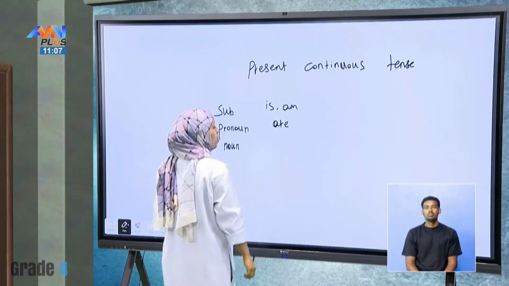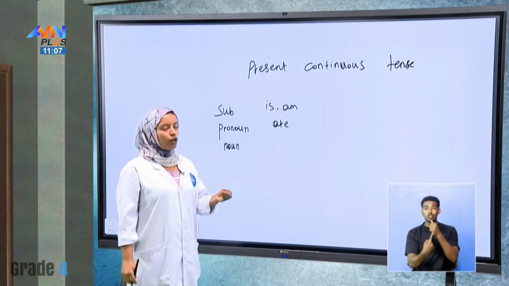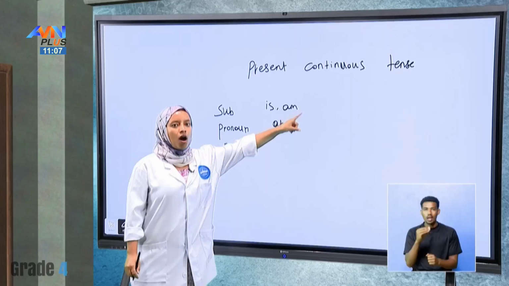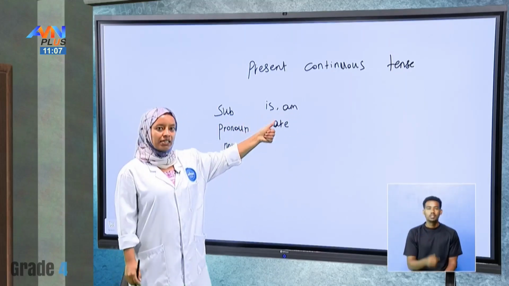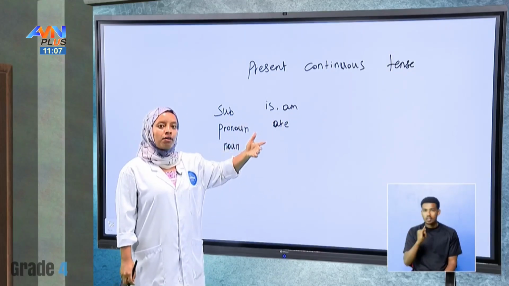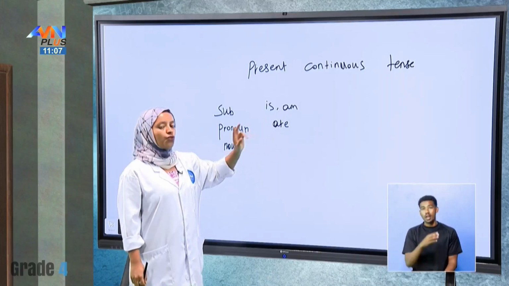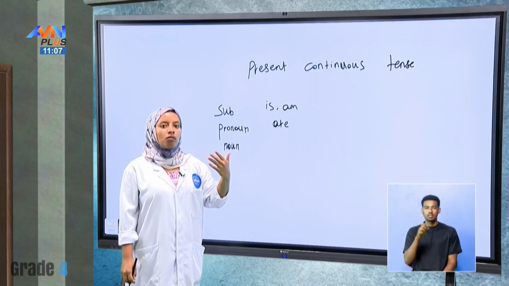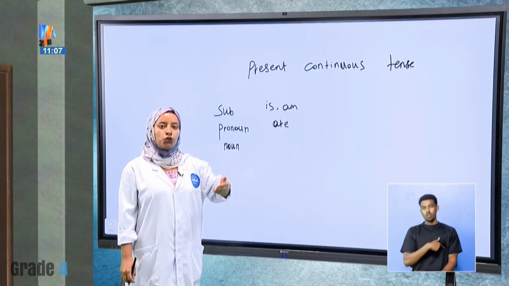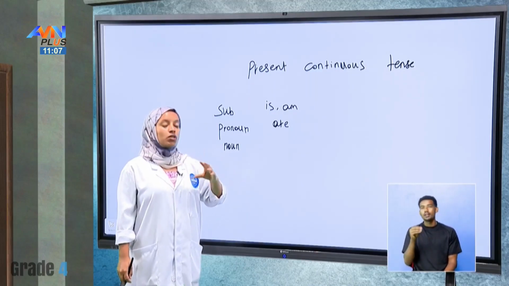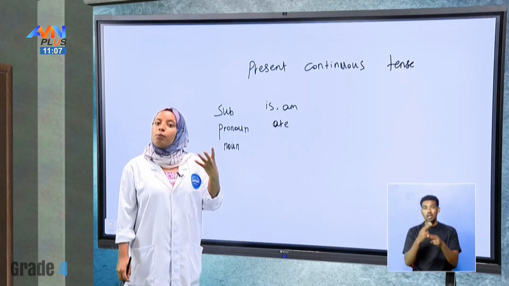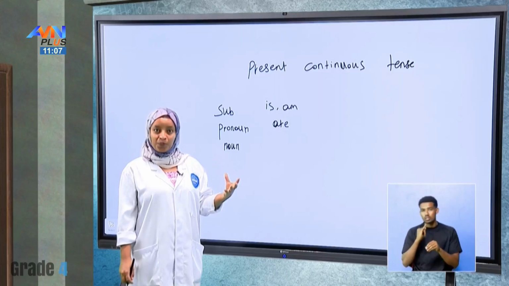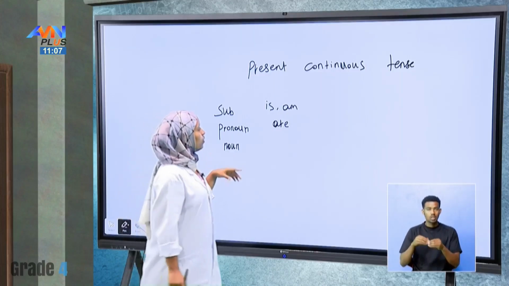So for a singular subject, you can use is and am. For example, she is, he is, I am. And for a plural subject, you can use are. For example, they are, we are, you are. And also you can use are with plural nouns. For example, the students, the teachers. Okay, students. The next thing you can add